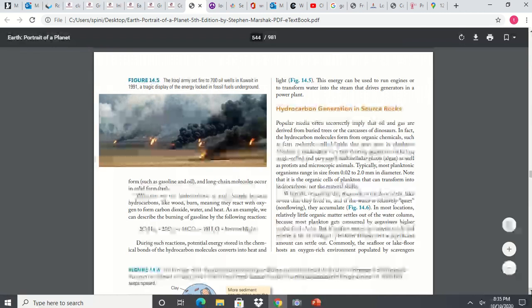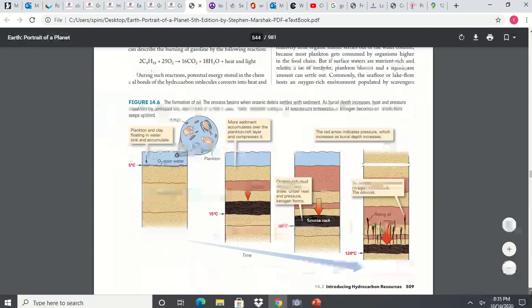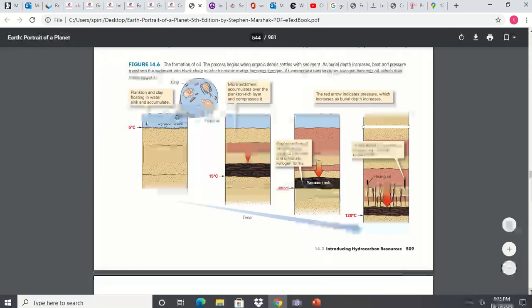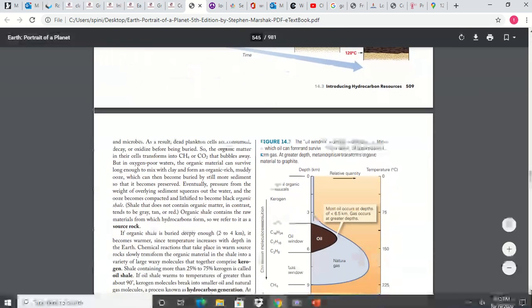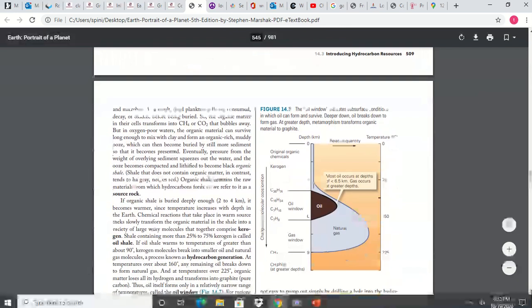It comes from what we call source rocks. You can see kind of how this happens. The material gets collected from some sort of living organism source. That carbon gets crushed over time, more and more pressure, and then finally that becomes the source rock that can turn into all kinds of things. It can turn into coal, it can turn into oil, it can turn into natural gas, depending on the geology of the area and the amount of pressure and the amount of time. So it all comes from this source rock.